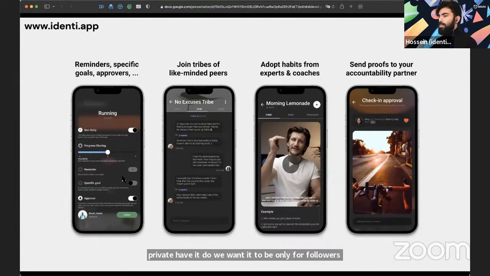Different reminders, a specific goal. Do we want to do this daily? Do we want to do this, I don't know, 5 times a week or whatnot? So all of these different features. Starting with the MVP, we quickly realized we really needed a powerful tool in order to realize all of these different features, having to have the feed, having these different permission settings, this different progress sharing, and all of these different scenarios that we have.